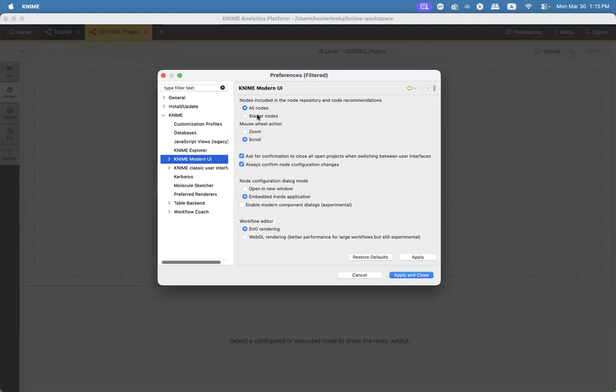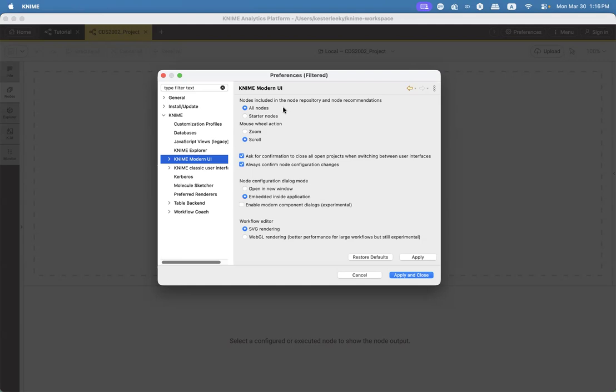There is an option to ask you whether you want to include all the nodes or you want to include the starter nodes. Because we are working on something that may be considered as advanced in the KMine, you need to select the all nodes here. If you do not select the all nodes, then some feature of the KMine will not be available and you cannot finish this project.